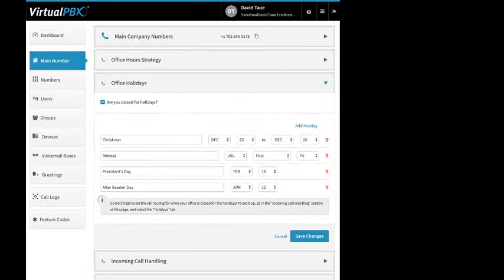Office holidays: put a check mark if you're closed for holidays, and then over here to the right, you add holidays. You have either single day, date range, or advanced. Single day is pretty self-explanatory, like right here we have President's Day. You give it a name and select the month and the date. Right. Date range,